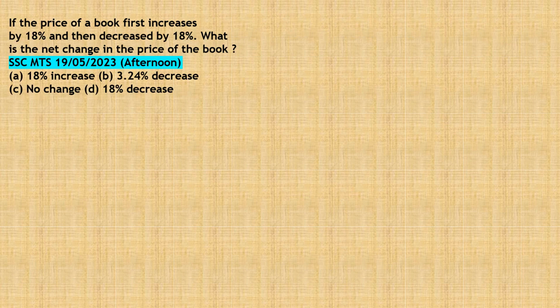The price of the book first increases by 18% and then decreases by 18%. What is the net change in the price of the book? If the percentage increase and decrease are the same, then the formula is minus a square by 100, that is minus 18 square divided by 100,